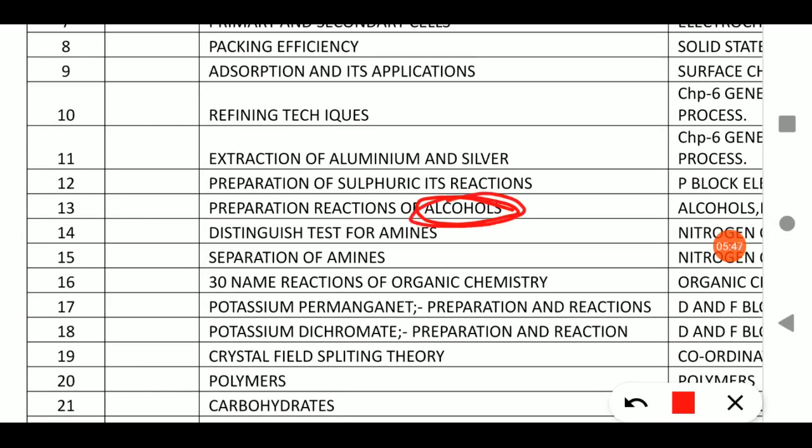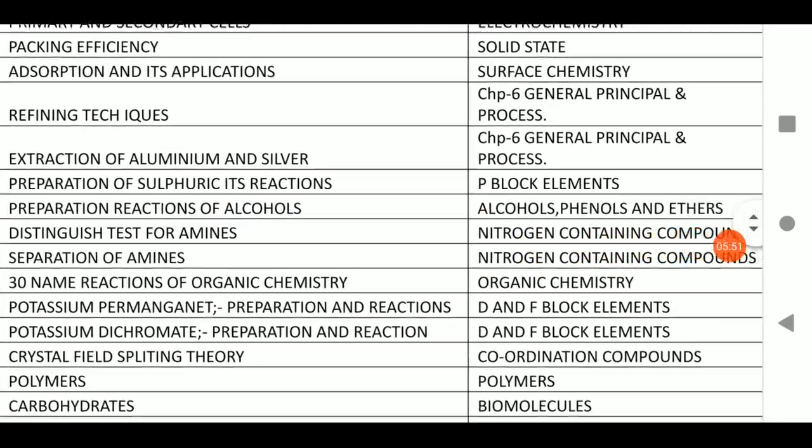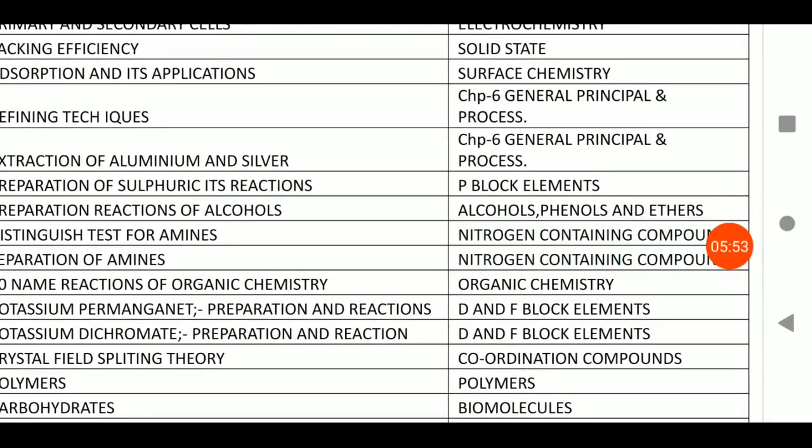Now organic has started: alcohol, phenol and ether. Chapter number 12, alcohol, phenol and ether. Chapter number what? 12. Okay,